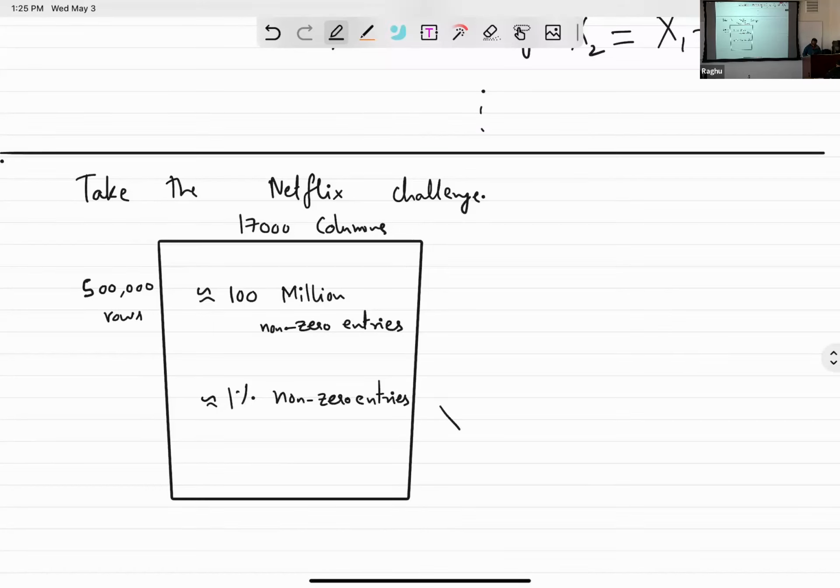So meaning if this is my X, I can compute X times V reasonably well without